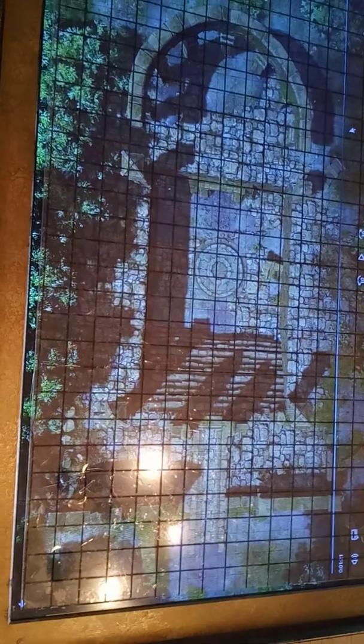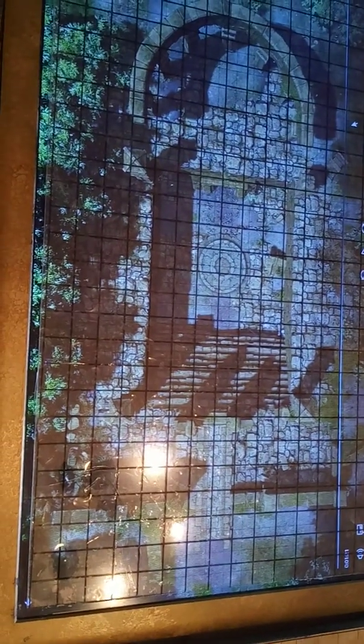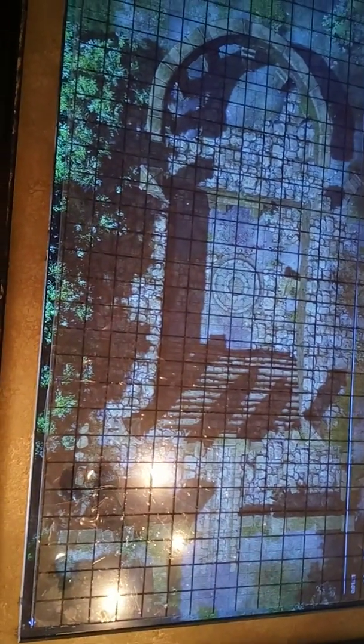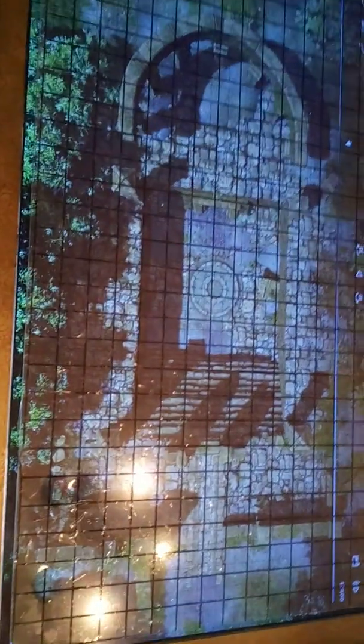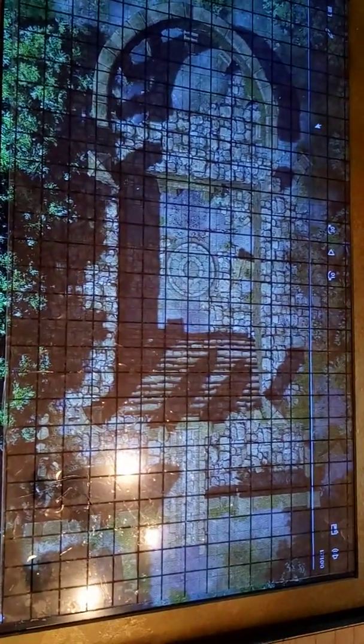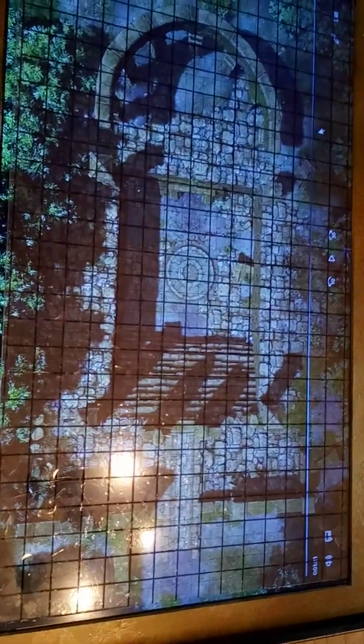And then the final layer here is a TV screen that can project any image. In this case, it's an actual video with birds occasionally flying by and the wind blowing. It looks like it's not playing right now. I should have put it on a loop. Anyway,